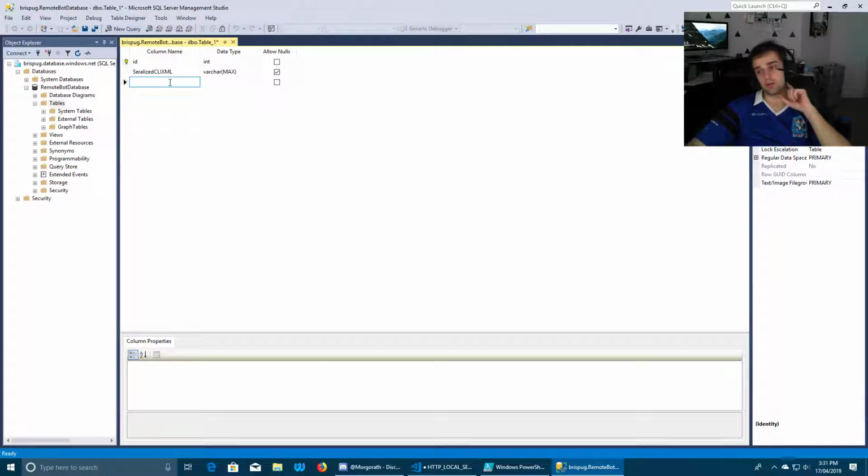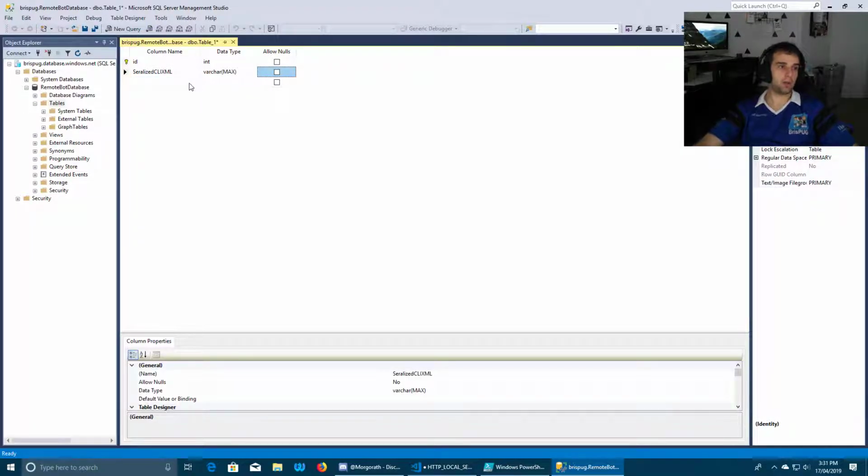The reason why is because we know we're storing huge blocks of data, and then we're going to be getting huge blocks of data back. We're not allowing nulls. It has to have code. If you allow a null, you're saying that specific column in that row can have nothing in it, it's fine, but we're not allowing that.